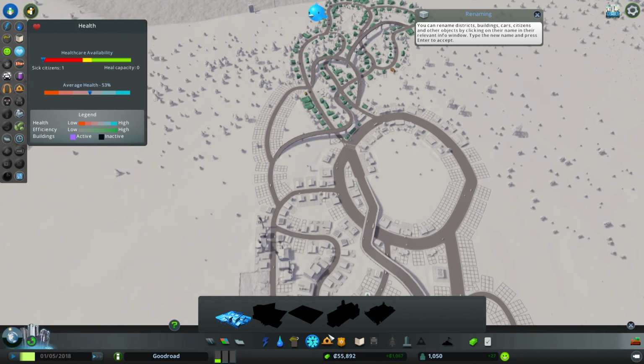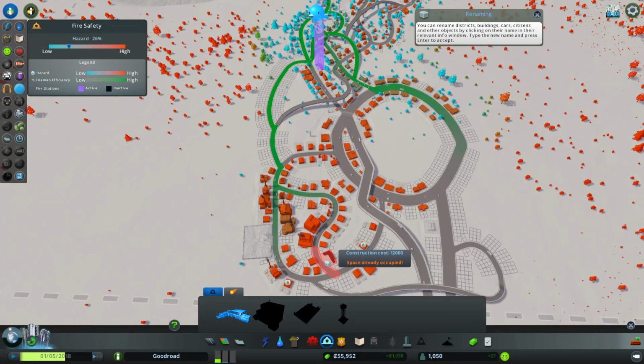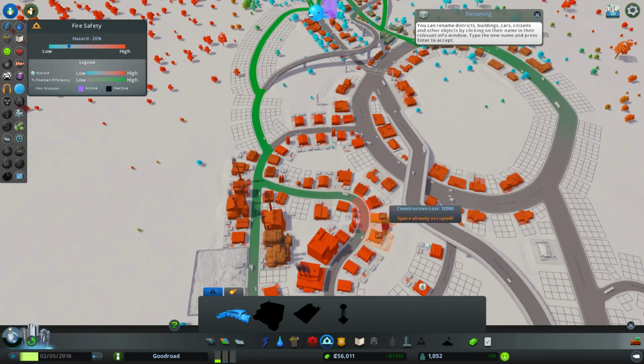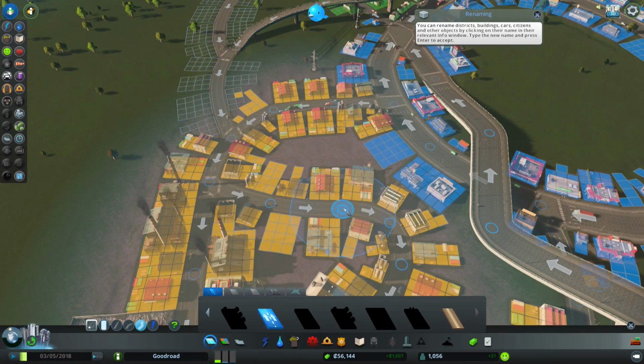Hang on, just give me the... No. Fire. There we go. You see, now they can take that new road out here to that bit. Now, that doesn't give them great coverage for here, admittedly. But if I was to create an extra road that looped from here back out to this, then they could loop round and get...